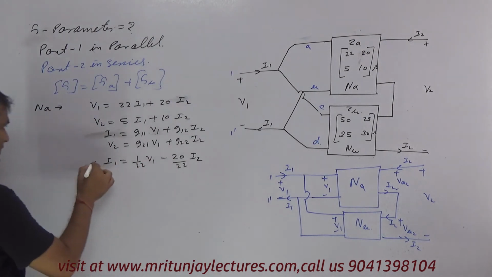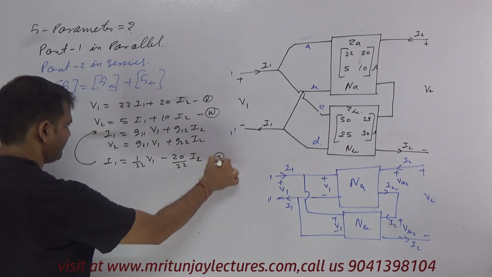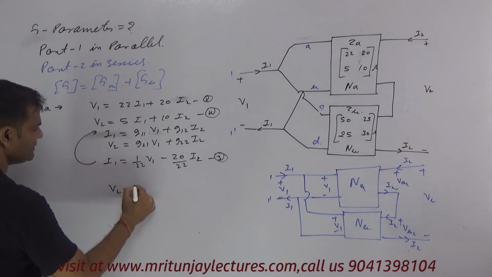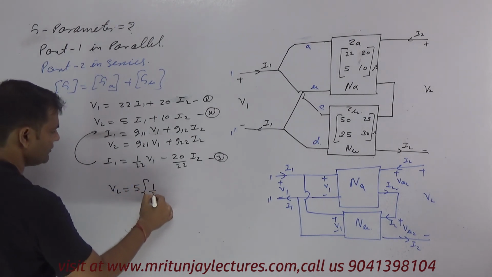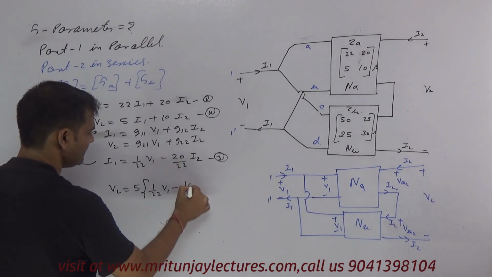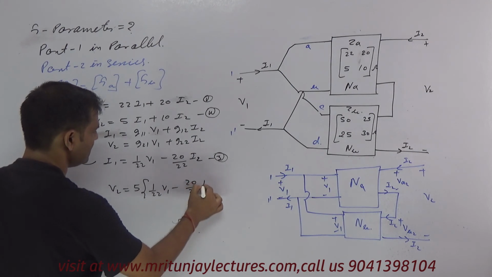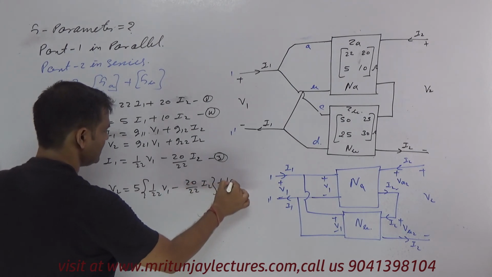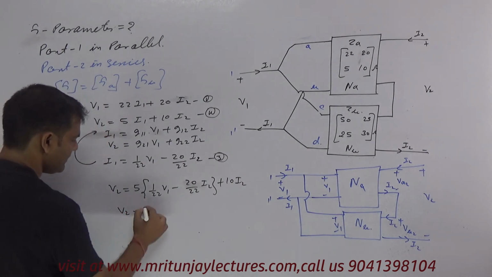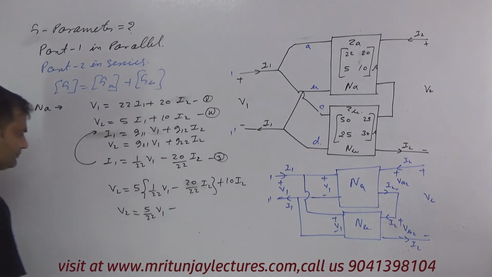If this value is put in equation number 2, that is 1 and that is 2 and that is 3, then V2 is written as 1 by 5, 1 by 22 V1 minus, better to write 20 by 22 into I2 plus 10 I2. Okay, so V2 is written as 5 divided by 22 V1 minus